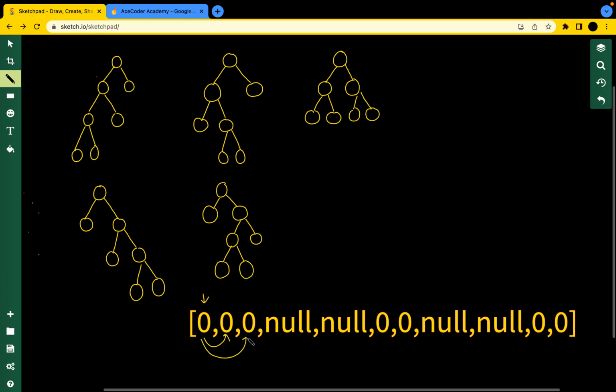If a node has 2 children, those children are represented by 0, and if it has no children, they are represented as null. And this parent has these 2 children which are null, so it means that there are no children for this parent. And for this parent, it has these two as the children,